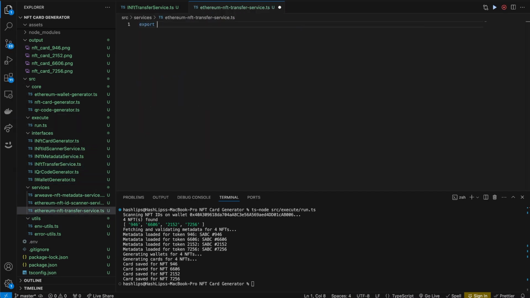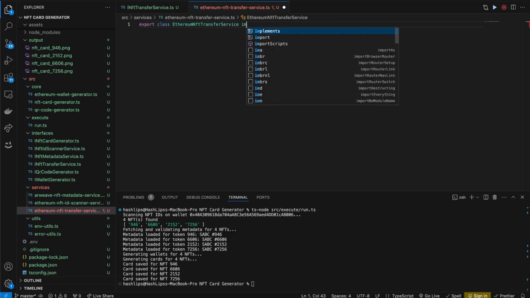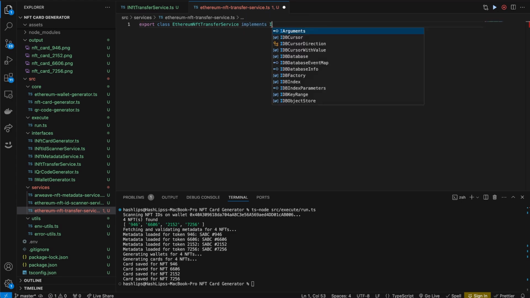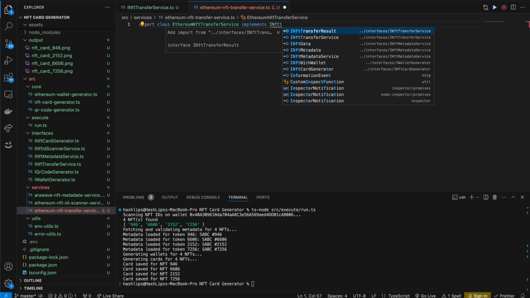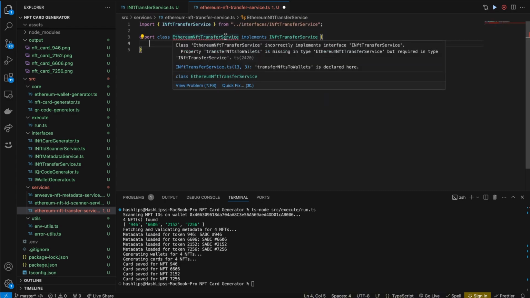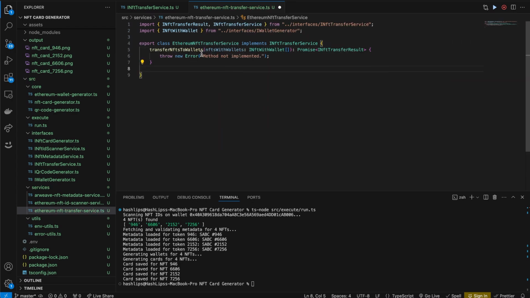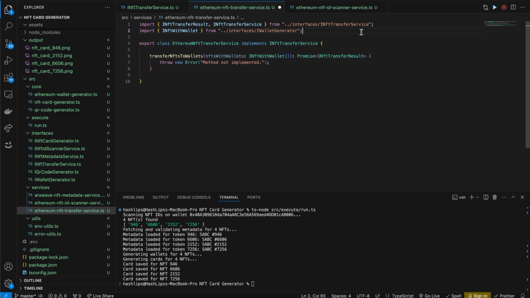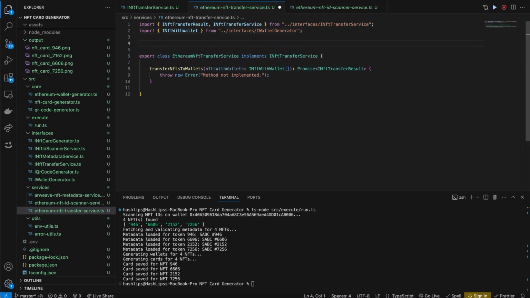And we'll go ahead and export a new class, Ethereum NFT transfer service. This will implement the INFT transfer service that we just created now as well. We can hover over this and just say quick fix and implement our function over here. There is a few things I would like to set up before we get into defining the class, and that